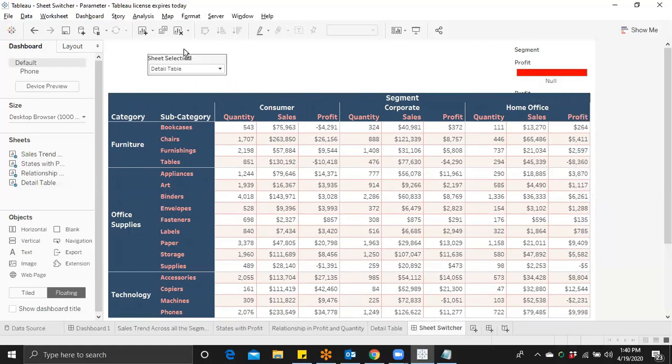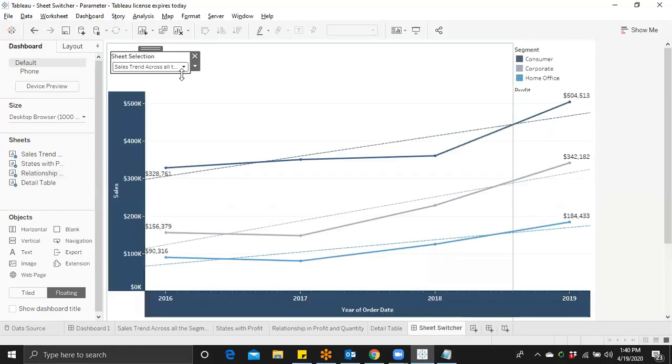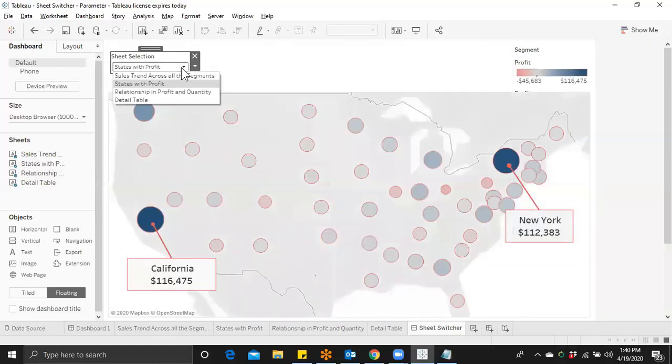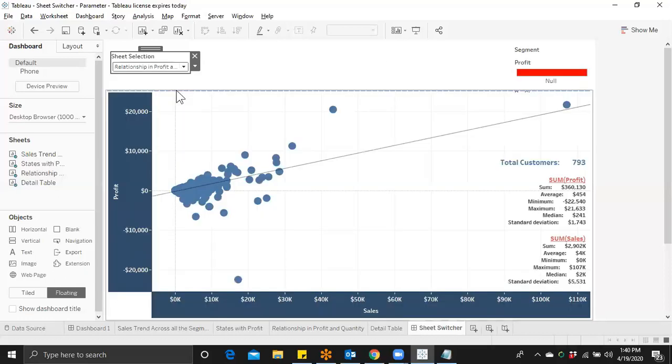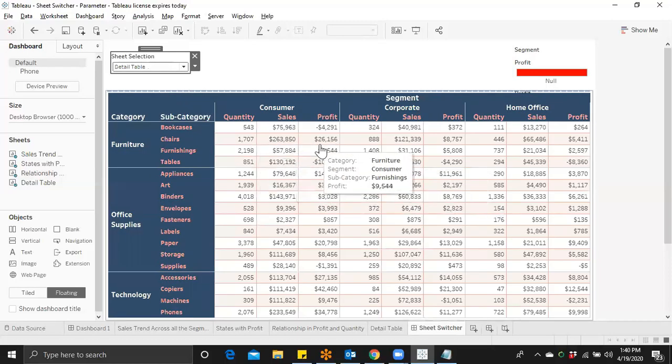So just to show you, once you select sales trend across, you can see this. Sales with profit, you can see this. Relationship profit and quantity, you can see like this. So whatever selection you make, you will be able to see this.